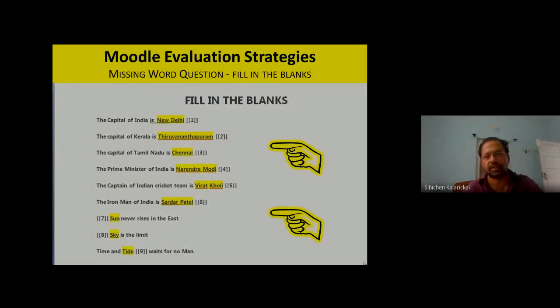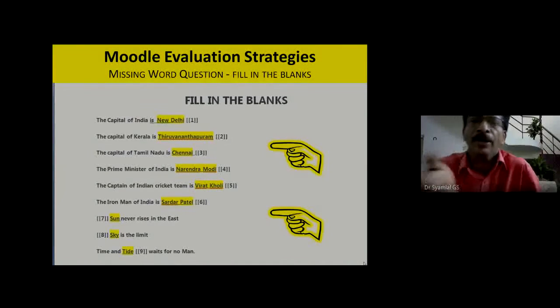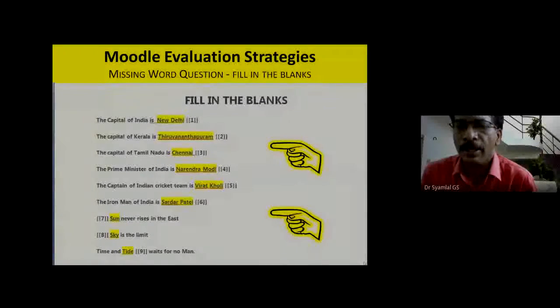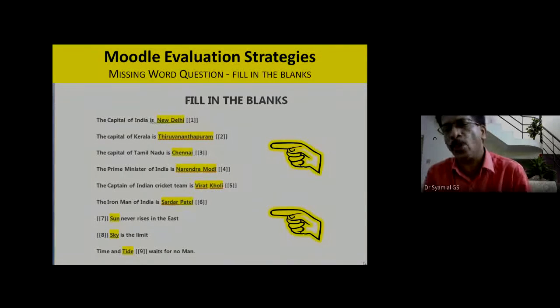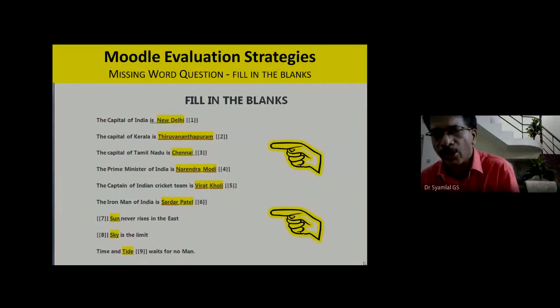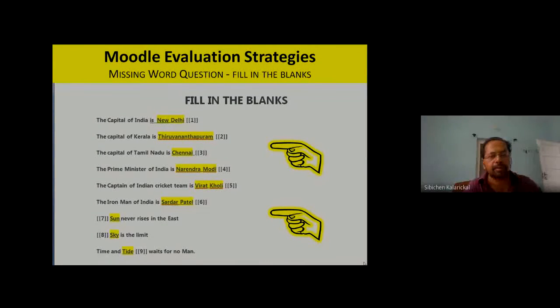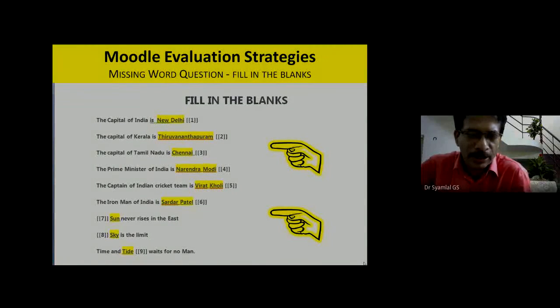So whatever you see on the screen, we have to type. Take a look at this one, the capital of India. If you can type some other question, it's well and good, but while doing that, please don't ask me the question. If it is this, I'll be able to guide you. So that is why, yeah, the capital of India is New Delhi. Type inside two brackets 1. The capital of Kerala is Trivandrum or Thiruvananthapuram. Type inside two brackets.